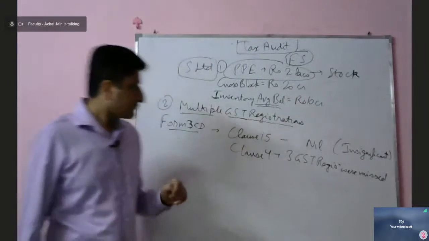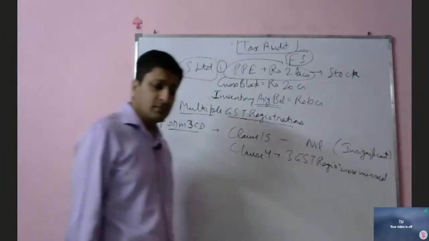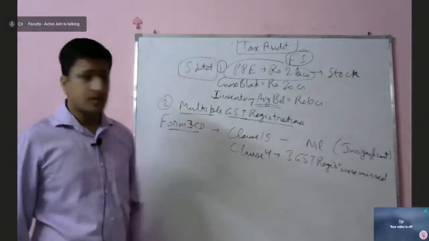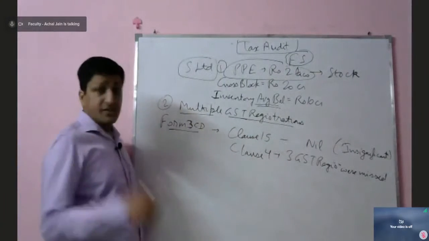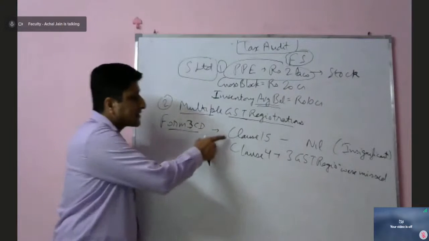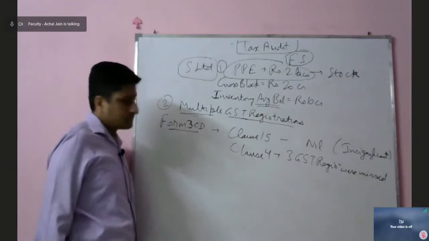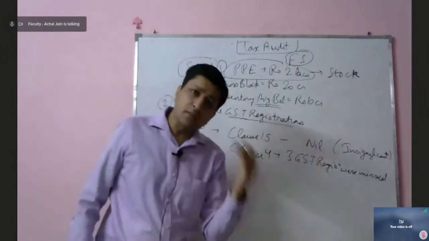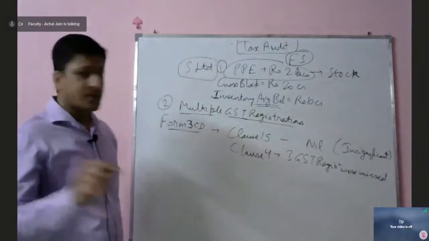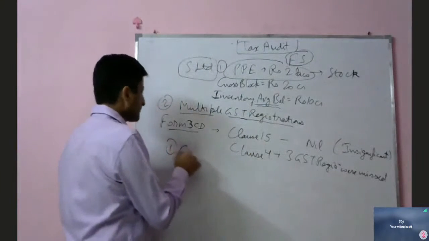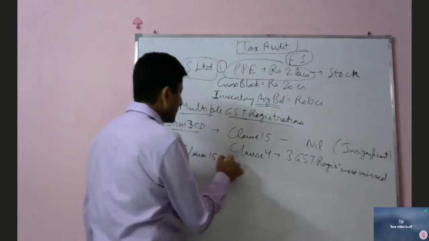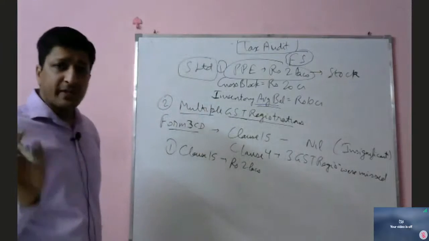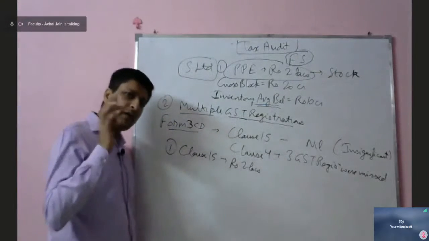Now, when the tax auditor came, he had observations on both of these clauses. His first observation was that this cannot remain nil. Even if the amount is insignificant, the number should be reported by the management. So clause 15 should be rupees 2 lakhs. But the management is not agreeing. Management is saying, no, we will not report.